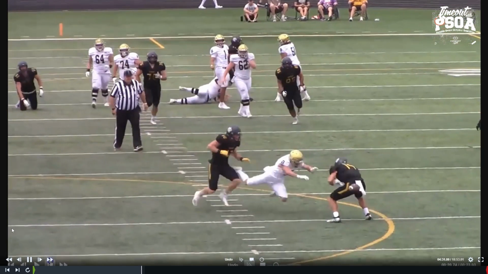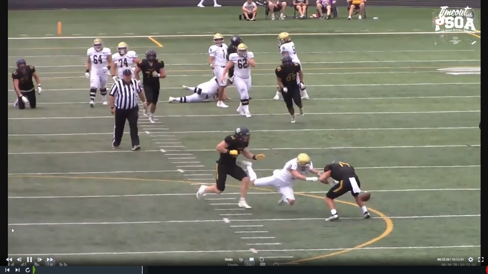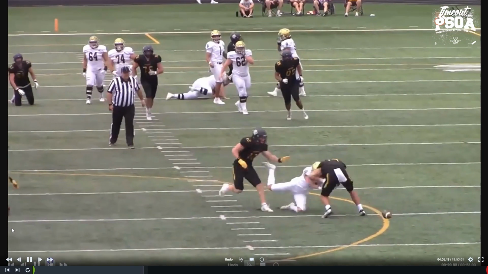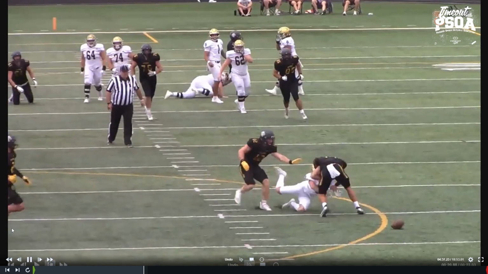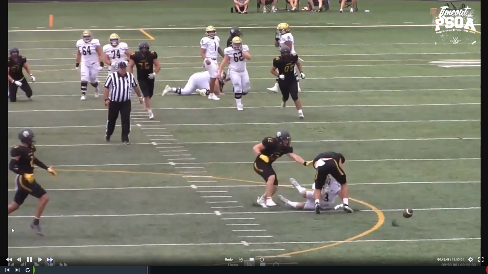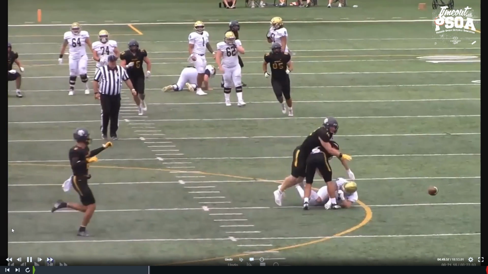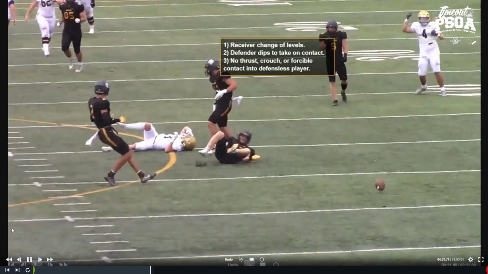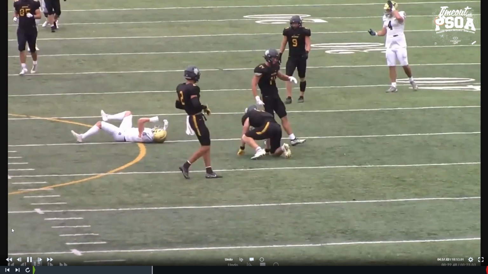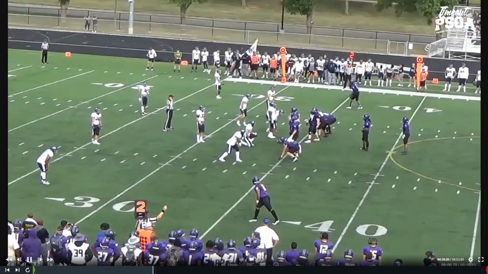Okay, slowing it down here, we definitely have a defensive player. He definitely dips, and it looks like we have a forearm to the head, which if we do, then that would be forcible contact to the head or neck area. So I don't know exactly what the process is for taking this targeting off, but point is, on the field, we did a nice job of throwing the flag. That's all we can do, and then we turn it over to the higher command.